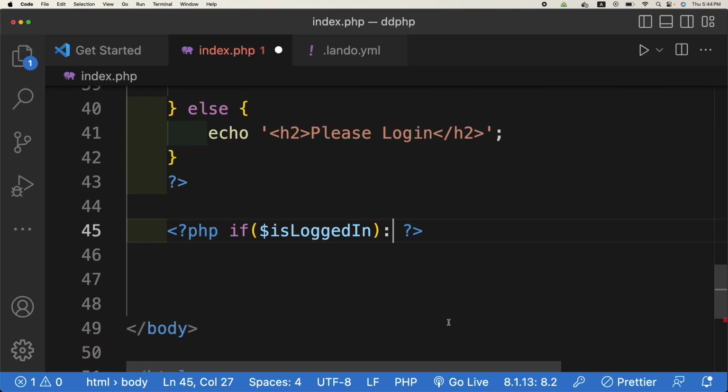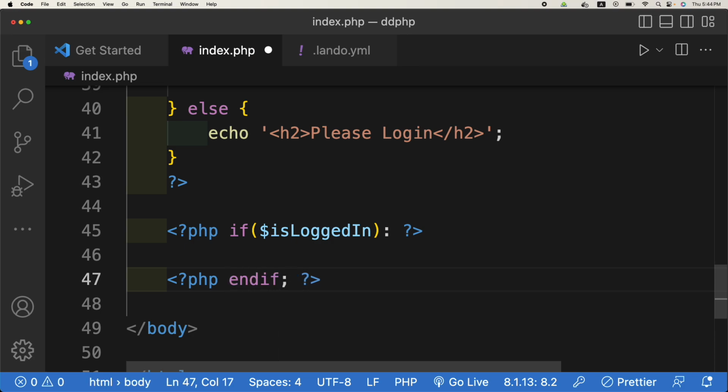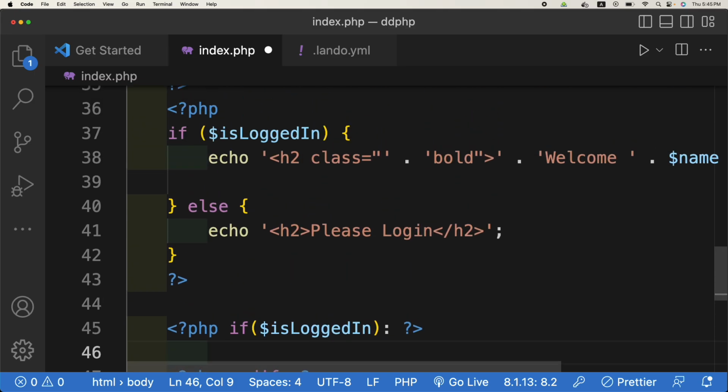Another PHP statement we need, opening and closing like this. So if a condition is starting somewhere, if is starting here, we will close it here with endif. So whatever is between these two, you can use normal HTML,